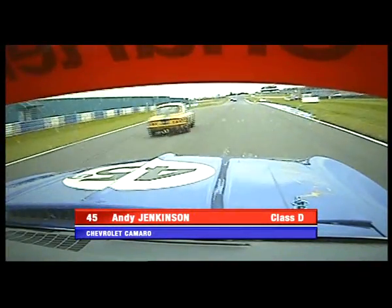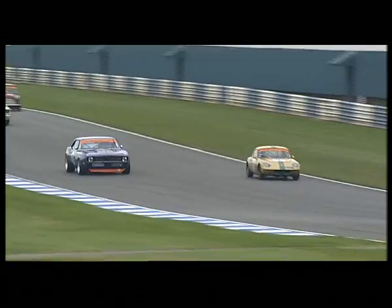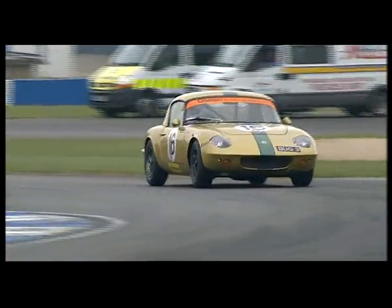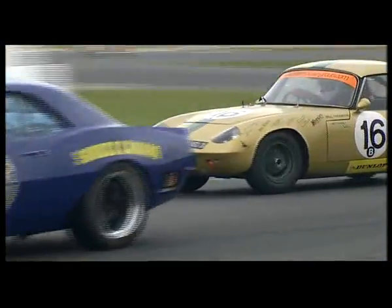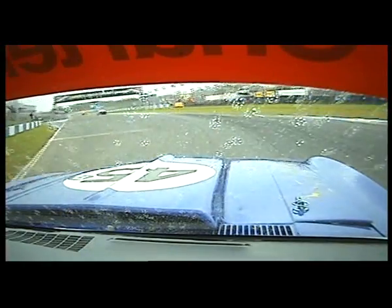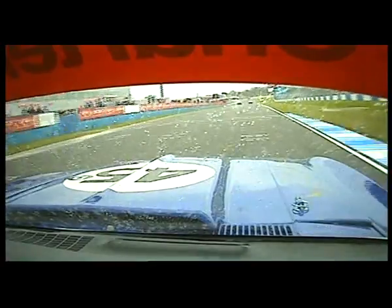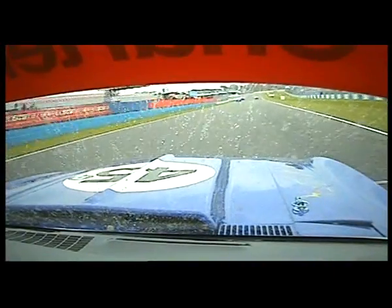Meantime, Andy Jenkinson here, powering his way down towards the chicane. He's on target for 5th place. He's about to put a lap on the Lotus Elan there. The Elan ducks out of the way. That's Will Thornton's car as Andy Jenkinson now powers his way through. He's going to be 5th behind Ricky Cann. And significantly, 6th from last on the grid is Graham Bryant, and that puts that